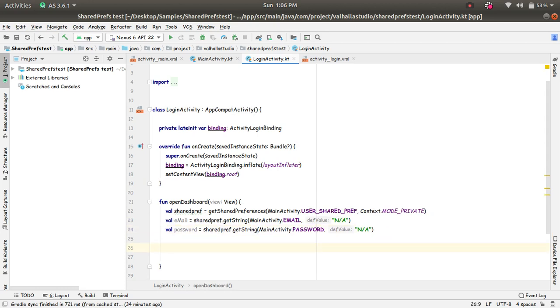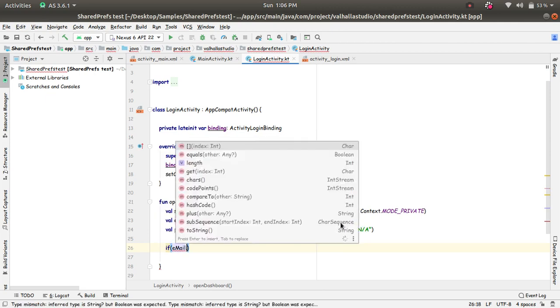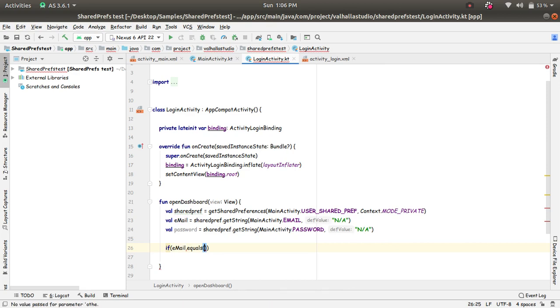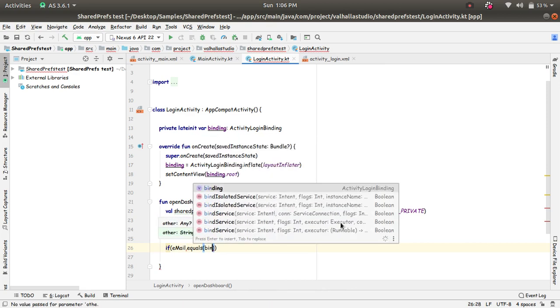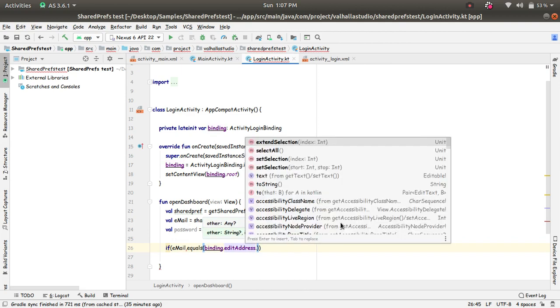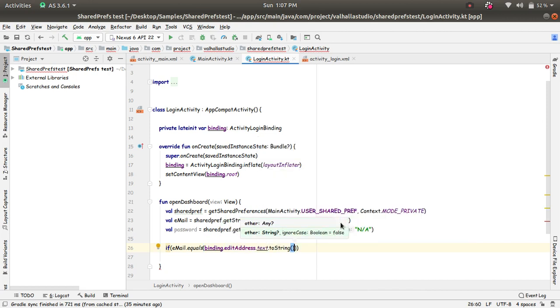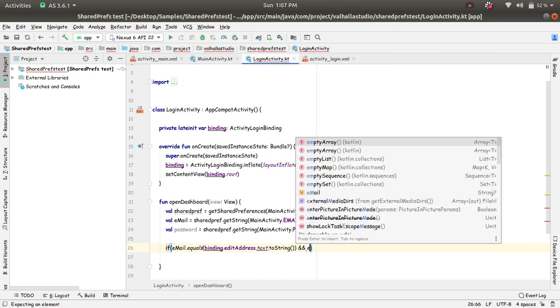So I'll add an if statement here to validate. So I'll say if email dot equals binding dot, okay, so I'm trying to get what the person has typed in the address. Dot text dot to string. Okay, I'm trying to do the and. And so you should see this. Okay, now password